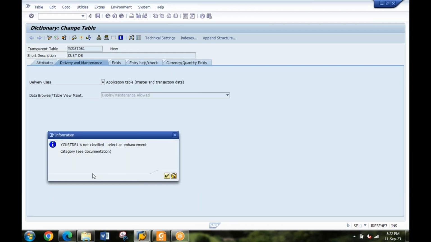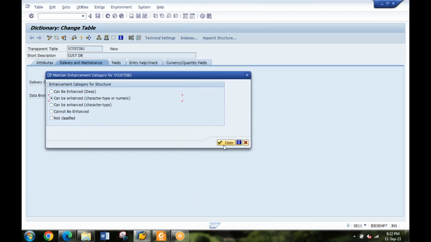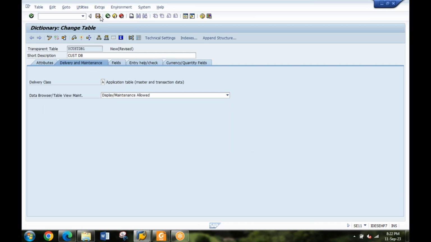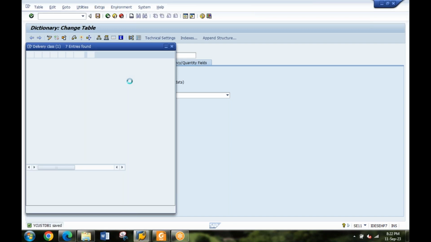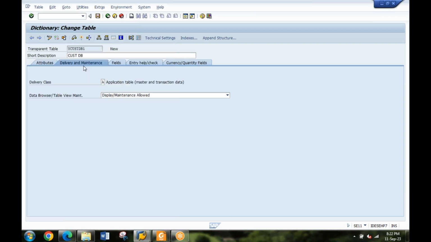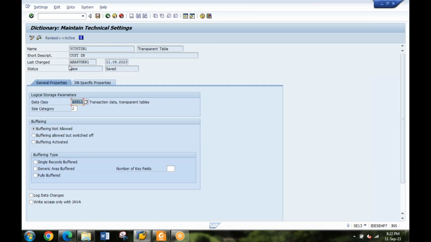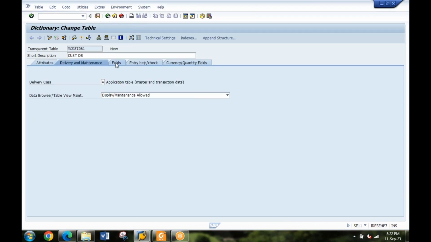I'm not doing any SQL query here. I'm just selecting the delivery class. What's that delivery class? Like I said, we'll get in depth of each and everything. What is a delivery class? Why are we selecting this? We have multiple options, right? We'll get in depth of each once we have sessions. This is just a demo class so that you can get an overview of what exactly SAP is all about. Here we have an option for fields.